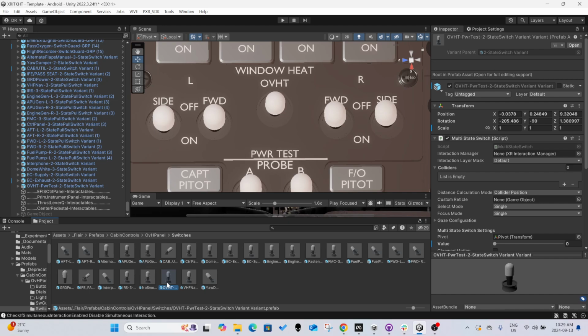So that's fine. Now any changes that I apply to the parent prefab, they will be applied also to all the variants. In this case, this one and any other variants that are derived from this prefab here. Okay, so now I'm good now. But if you remember,